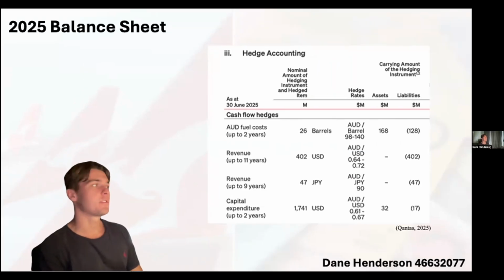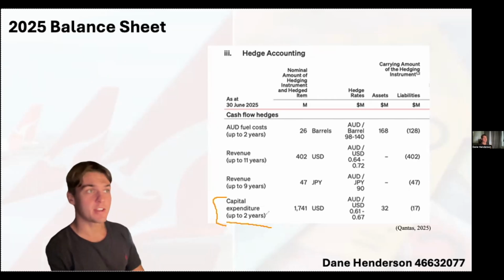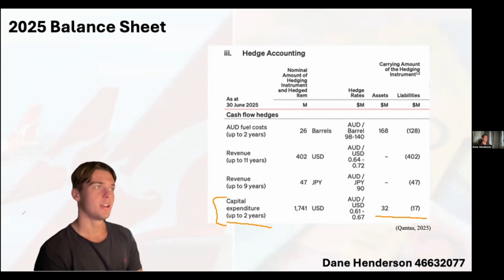So in addition to these revenues, Qantas says it uses forward foreign exchange contracts and currency options to hedge part of its foreign currency exposure to aircraft purchases, maintenance contracts, as well as capital expenditures, which we can see here. This can also be typically hedged up to 2 years. And in 2025, the group reported 15 million in net derivative assets related to capital expenditure hedges, which we can see in this last row here. So together,